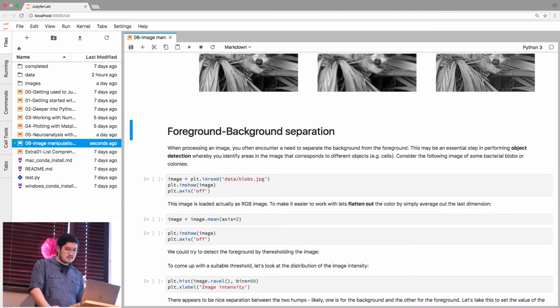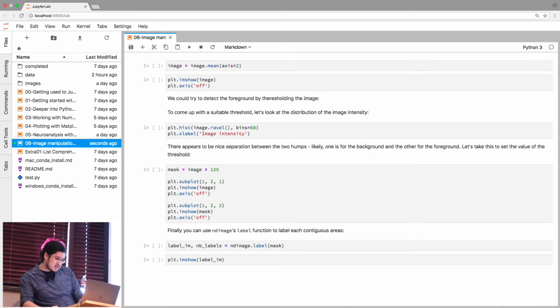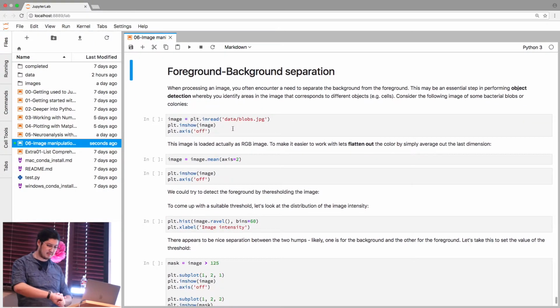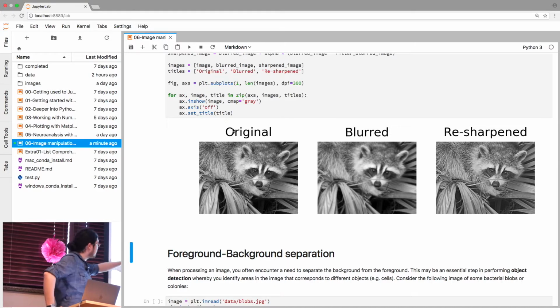All right, so another very popular topic when it comes to image processing, and I believe this is the last chunk. Yeah, this is the last chunk. So it actually would be fairly early because I did want to talk a bit about the next session, is this idea of foreground-background separation. What I mean by that, when you have an image, even in the case of the raccoon, you can perceive some of these things in the image to be the foreground, meaning particular aspects of an image that you care to identify. For example, the raccoon itself. So you can argue the raccoon itself should be the foreground,